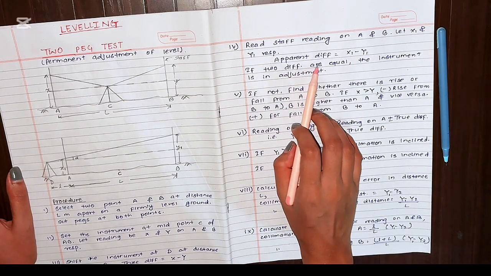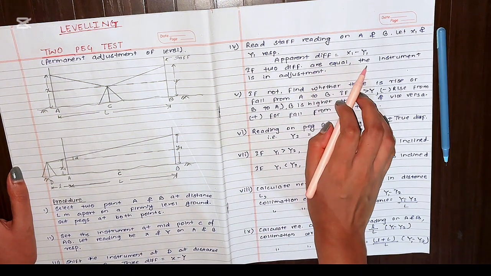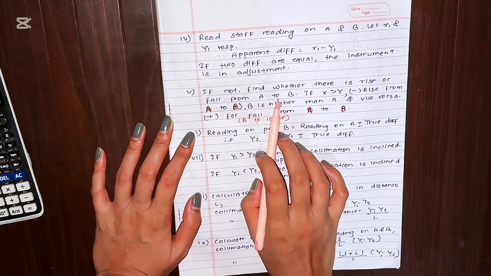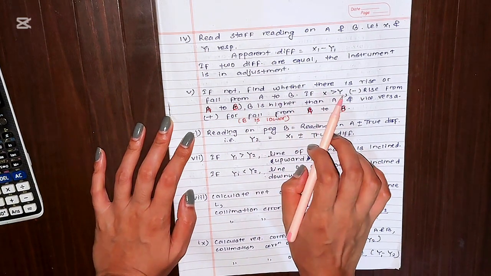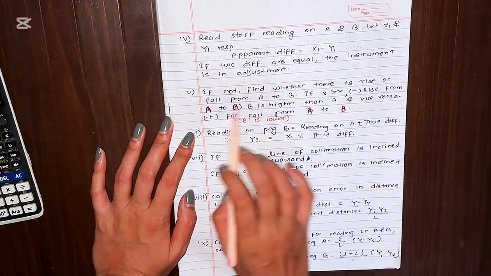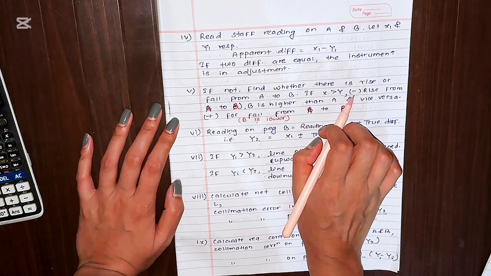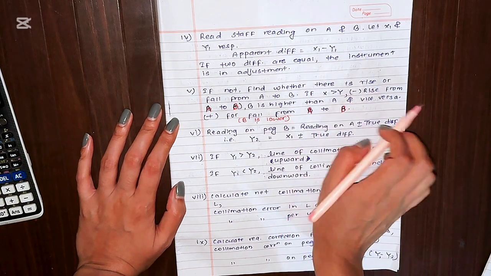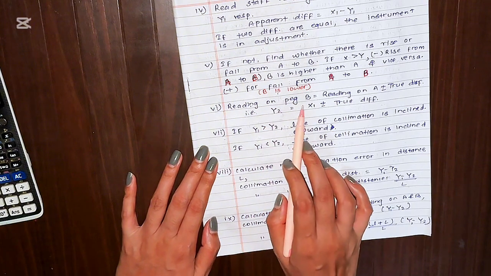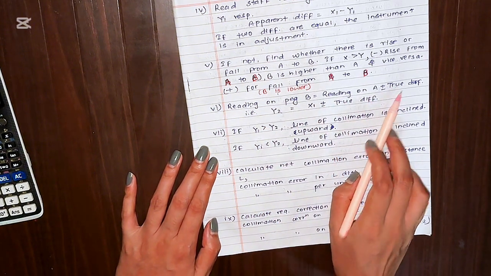If the two differences, the true difference and the apparent difference, are equal, the instrument is in adjustment. And if not, find whether there is a rise or fall from A to B. If X is greater than Y, then we will use a negative sign, rise from A to B, so that B is higher. The negative sign is used because the staff reading decreases with the height, and vice versa for the fall. Then we will calculate the reading on peg B: reading on A plus or minus the true difference,